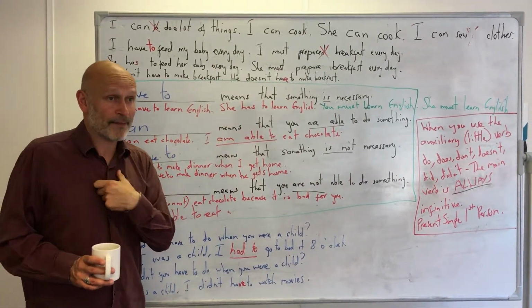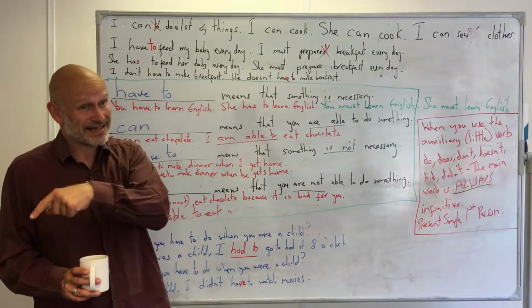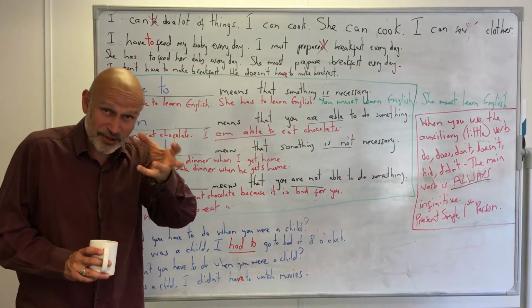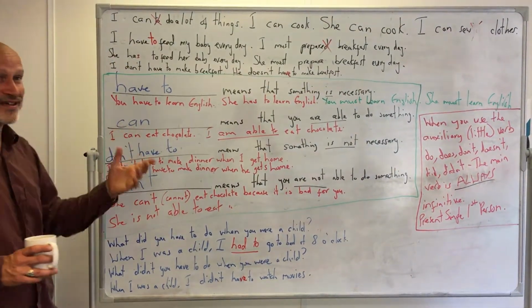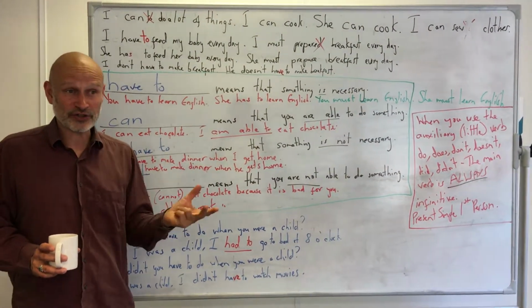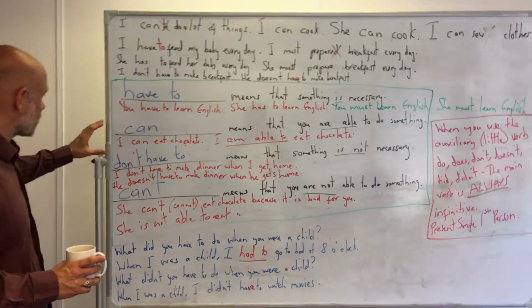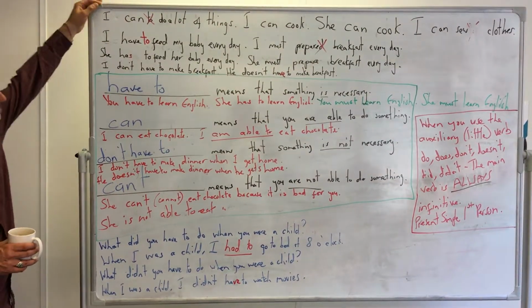So you have to say, I am able to, you are able to, he is able to, she is able to. It's much more difficult English. Can is much easier. I can cook, she can cook. It's all the same. So that's can and that's can't. Now,